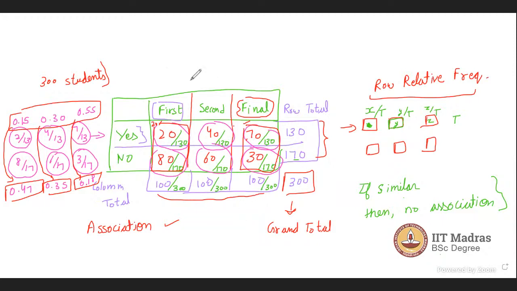Or to conclude this, you did column frequencies, right? I did row relative frequencies. You can also do column relative. When you said 20% and 80% and 70% and 30%, that was column relative. Yes, so you can also do it by column relative. For column relative, what you will have to do is